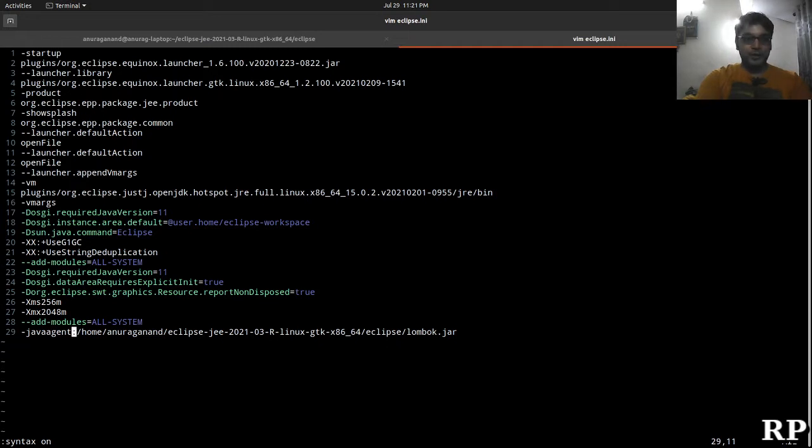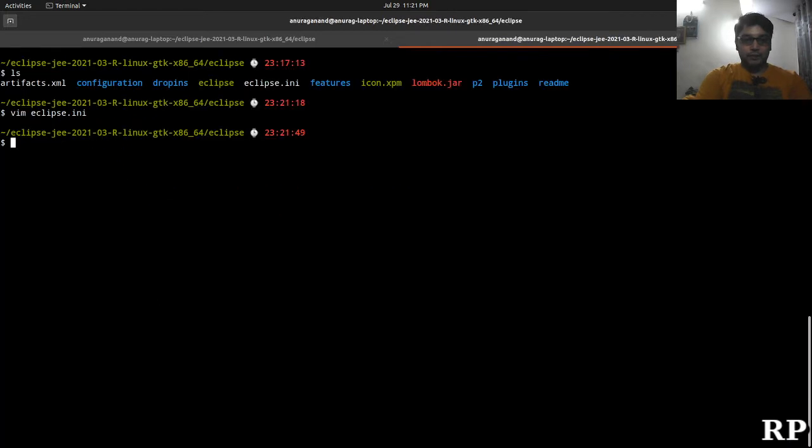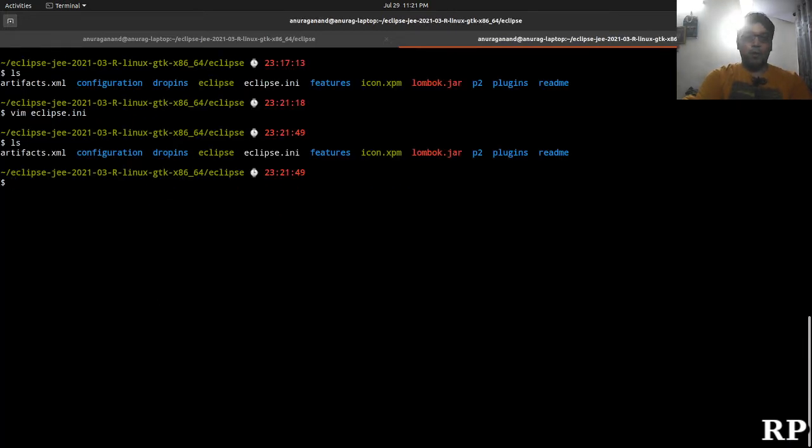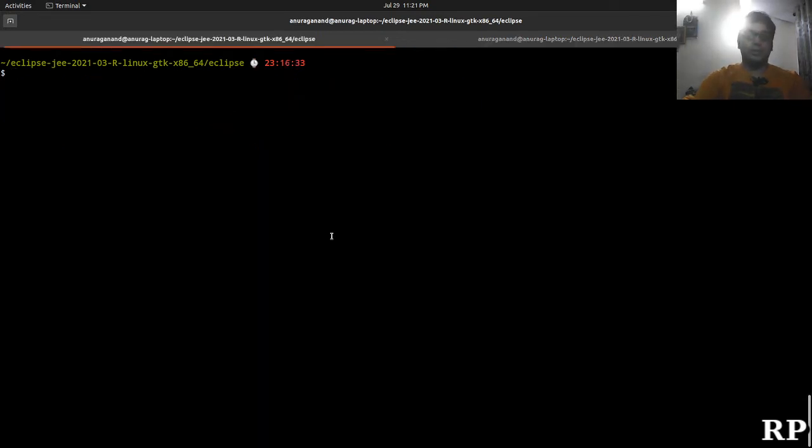So one change is that it makes an entry in the Eclipse INI over here, and the next change is that it copies the Lombok jar into the Eclipse directory. These two changes are made while Lombok is installed in the IDE.